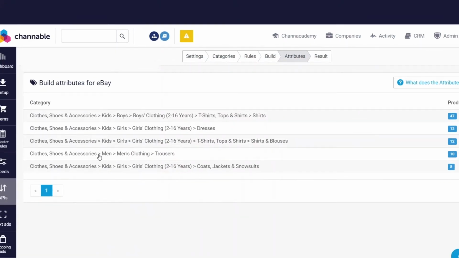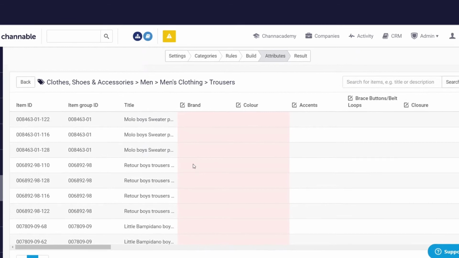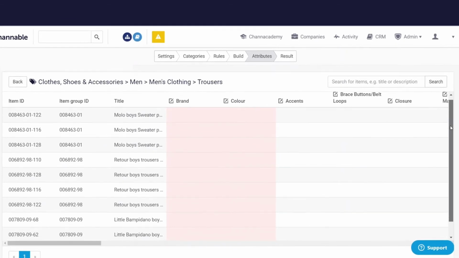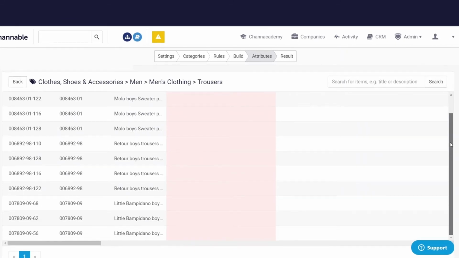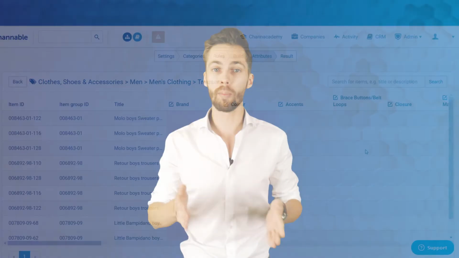Select a category and then fill in the tabs highlighted in red, as they are necessary. There are also tabs in white, which are optional, but they add more information to your product listing. Check back in the Rules tab if you need to optimize your product listing to eliminate any outstanding red fields. Once you're finished and the red sections are gone, you're good to go to the final step.